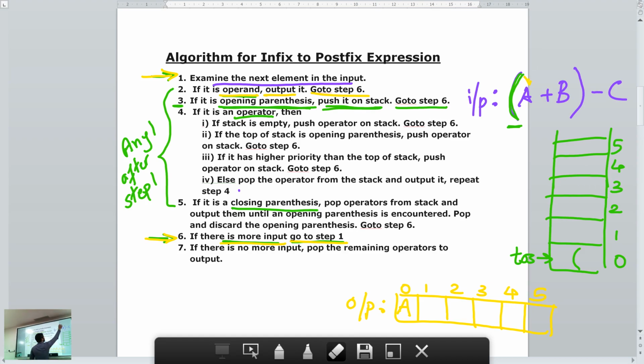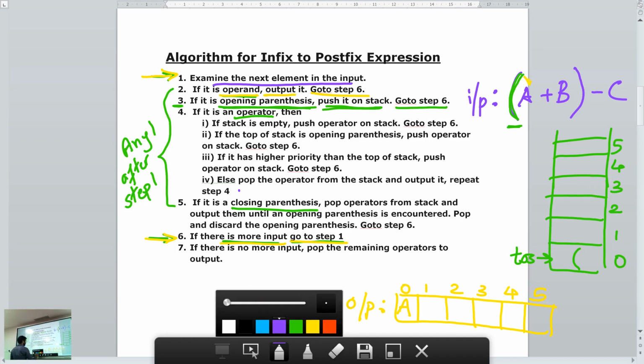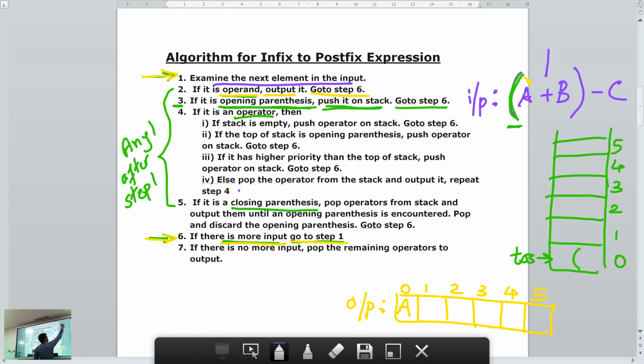When you scan your next input, what do you get? You get the plus. So you have to identify what type plus is. It's an operator. So from these steps, which is the step dealing with an operator? The step dealing with an operator is step 4.